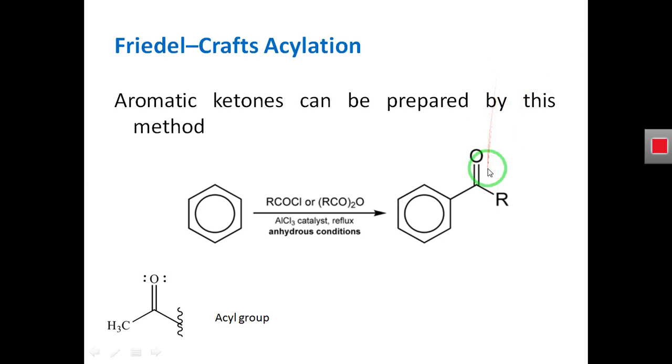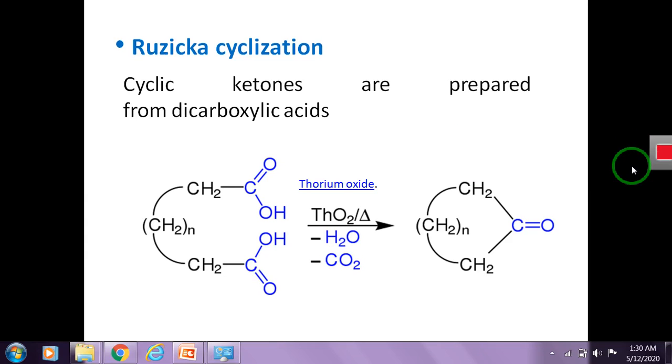So we are seeing here that this is a carbonyl group. This is O double bond, here is C carbon. And what is a carbonyl group? The carbonyl group is a group that has a carbon atom attached to an oxygen atom with a double bond. So the other method of preparation of ketones is